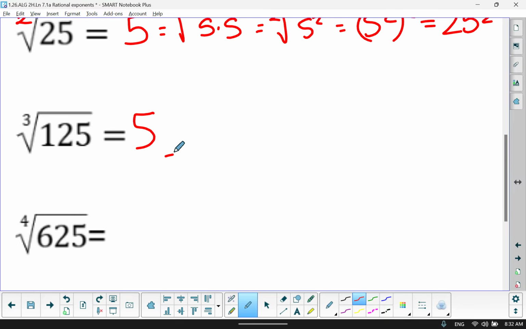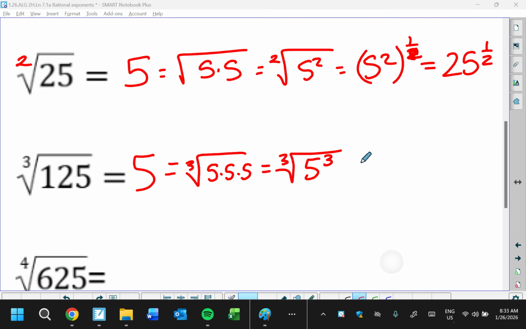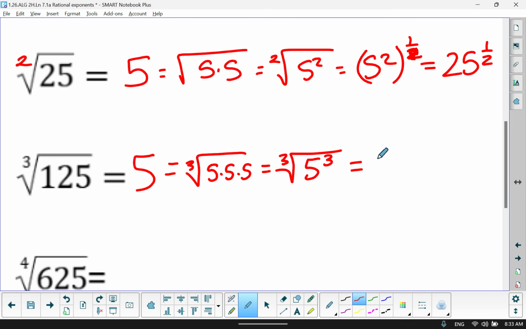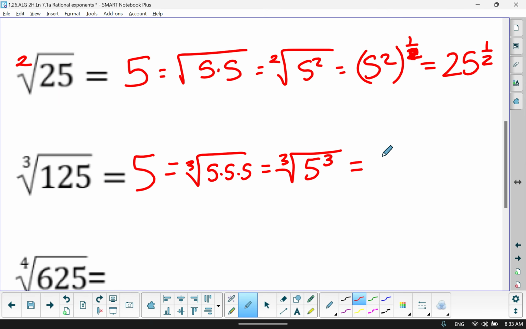What else could be similar? Well, we could write this as the cube root of 5 multiplied by itself repeatedly. How are those problems similar? How are they different? Well, this one's going to have an index of 3, 5 to the 3rd power. Or, oh man, 5 to the 1/3,